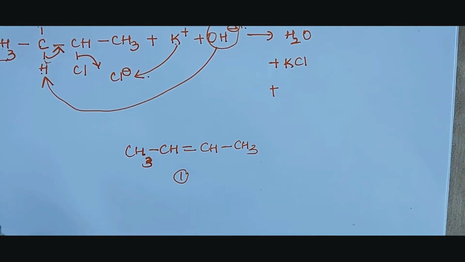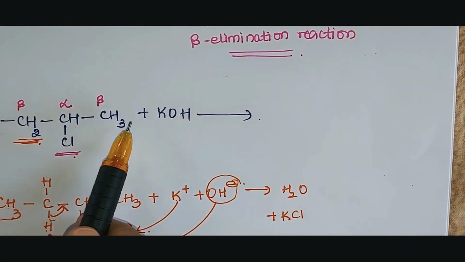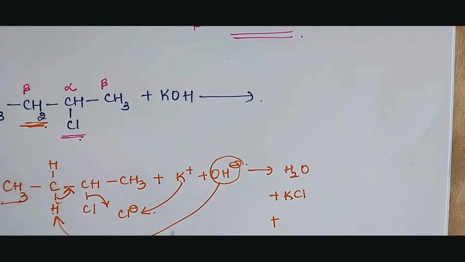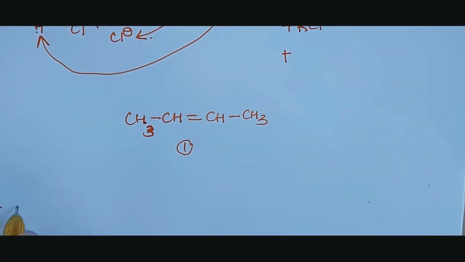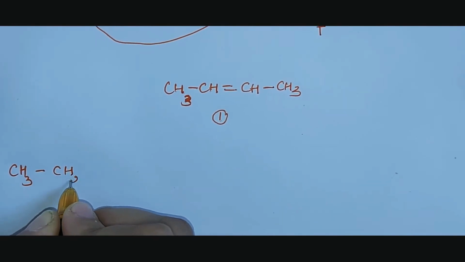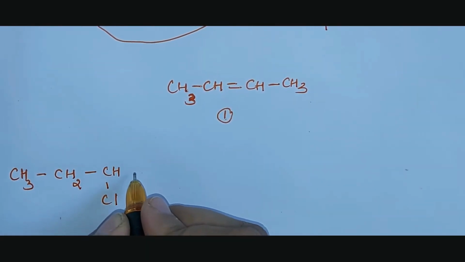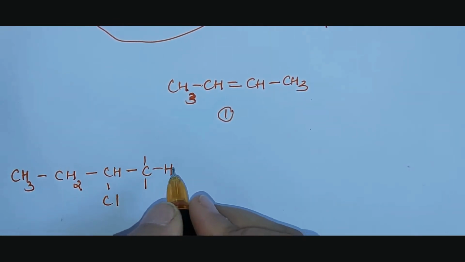We will see the other possible product by making use of the other beta carbon atom. So when you consider the other beta carbon which is present on the right side, we will observe here that we'll rewrite the reactant. So when you rewrite the reactant, we get it as what? CH3, CH2, CHCl, and the beta hydrogens we will write separately. So CH with H on three sides. Now what do we say?